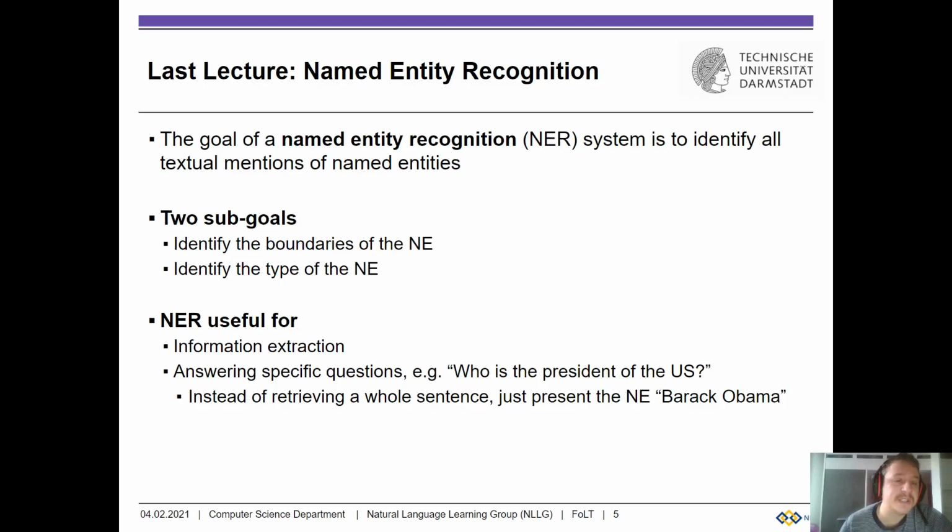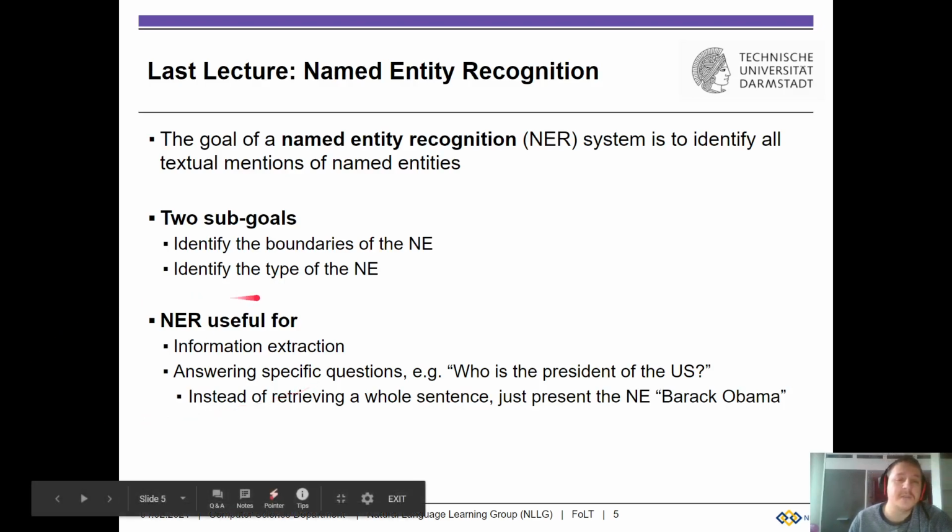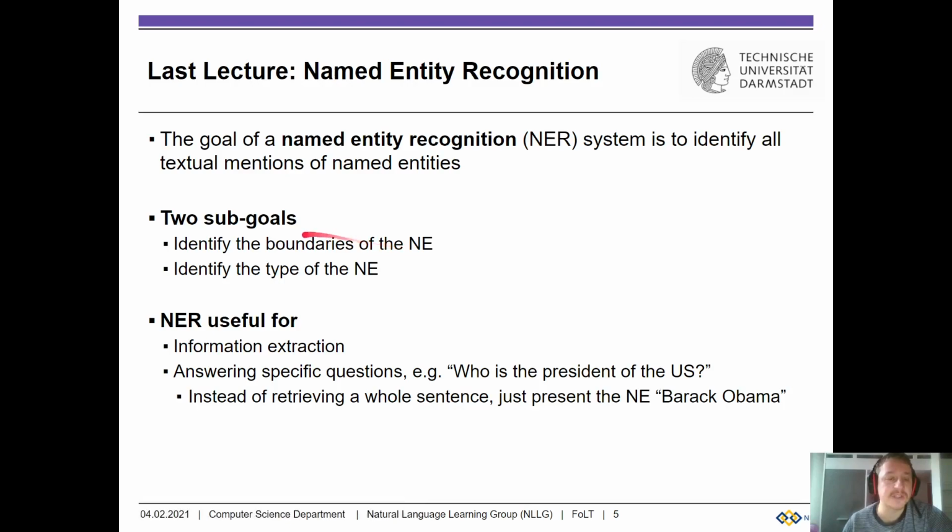And we've said that there may be two sub-goals of named entity recognition, namely identify the boundaries of the named entities, which are given by this bio-tagging scheme. And then secondly, identify the type of the named entity, such as a person, organization, or something similar. We've also seen what named entity recognition may be useful for in more high-level NLP tasks, such as information extraction